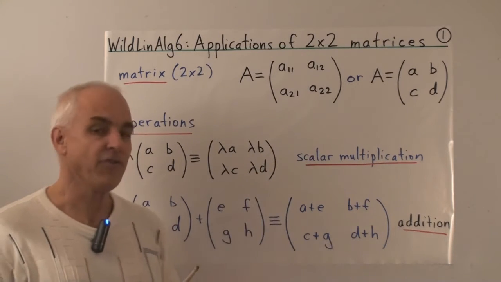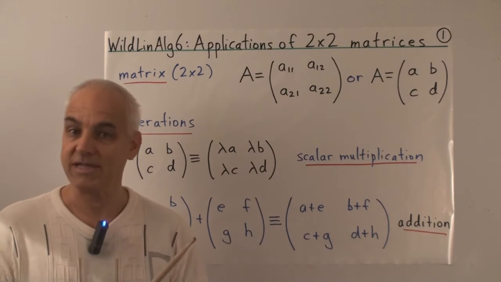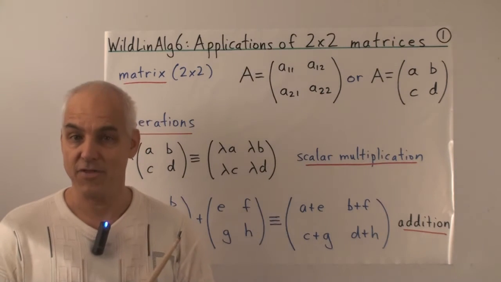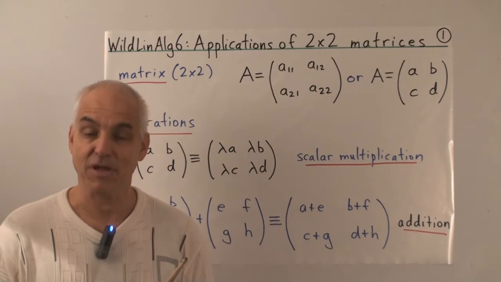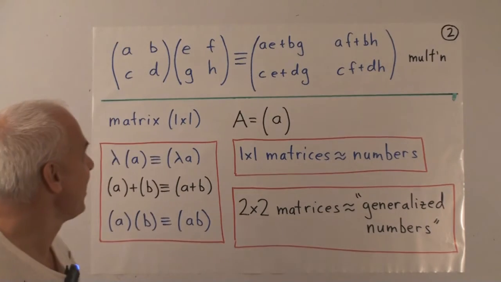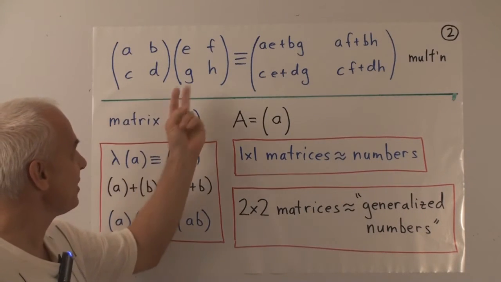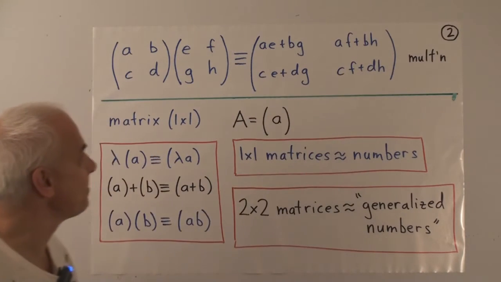If this was all there was, then matrix arithmetic would not be all that interesting. But what makes it more interesting is that there's another much more subtle operation called matrix multiplication. So let's review how you multiply two matrices. The matrix A, B, C, D times the matrix E, F, G, H is another 2x2 matrix.